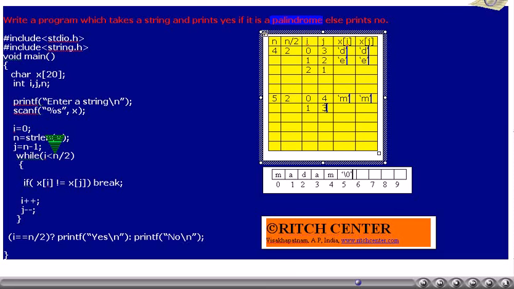The control comes to while condition checking. I, that is 1, is it less than n by 2, that is 2? Yes. Thus, the loop is going to get executed once more.